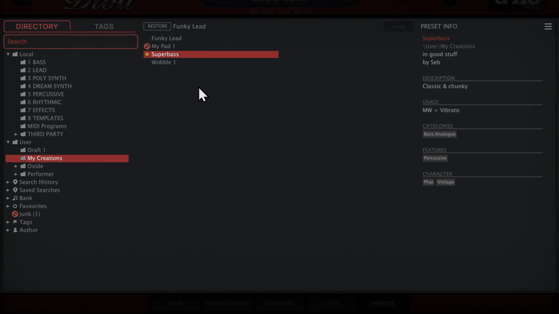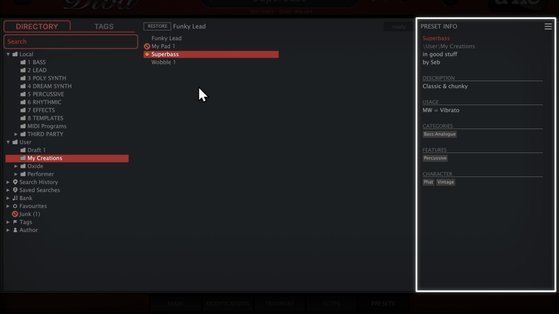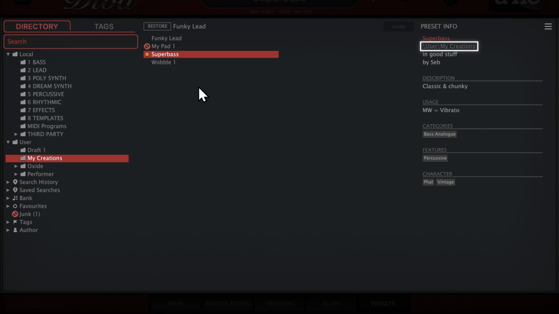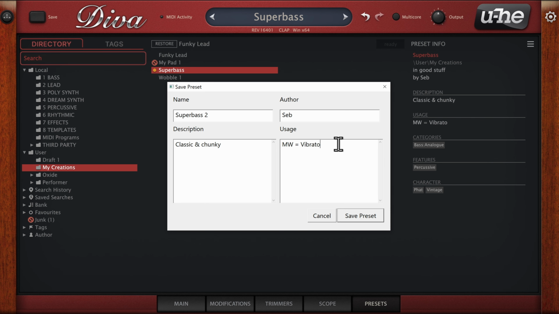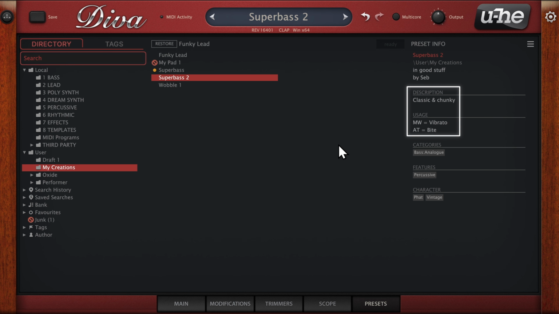Next up is the Preset Info panel to the right. This is where you'll find all the relevant metadata stored with your preset files, such as the folder where it's located, the bank it belongs to, and the name of the author. The description and usage text can be entered or edited when saving a preset. Categories, features, and character are tags that have been set for the current preset,